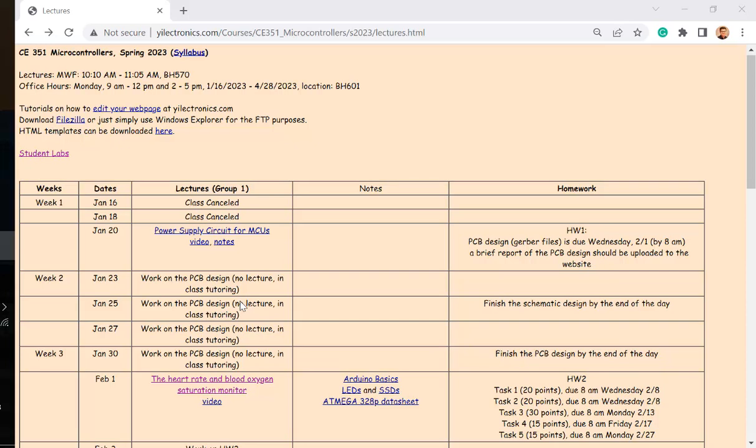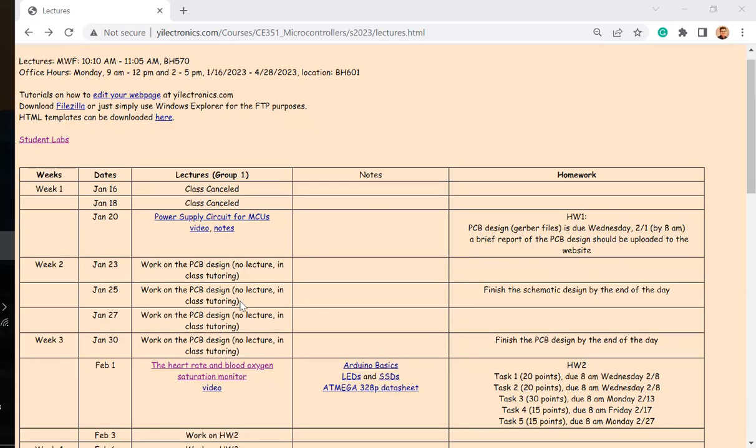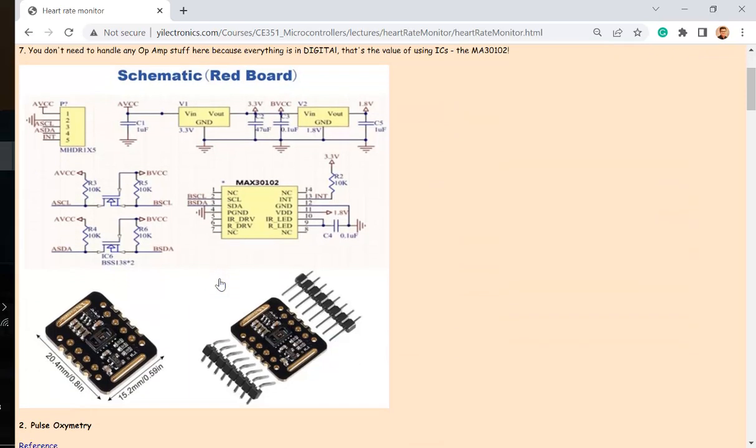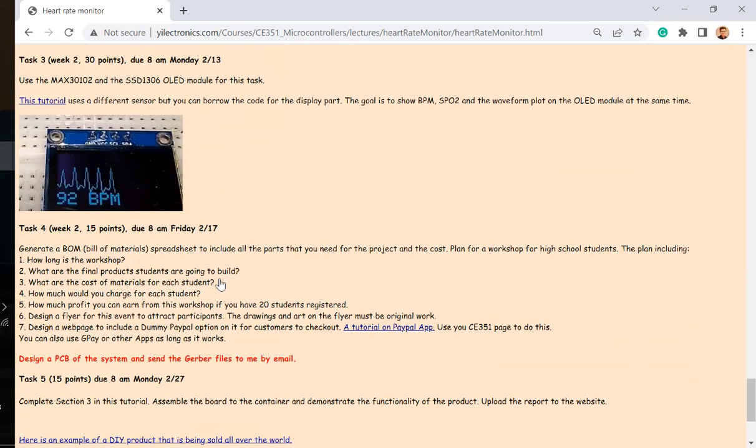Right. Just pay attention to that monitor right now. It's really quick, 5 minutes. Just talk about the changes to the tasks. If you open up the tutorial and scroll down to the bottom, you can see I made some changes during